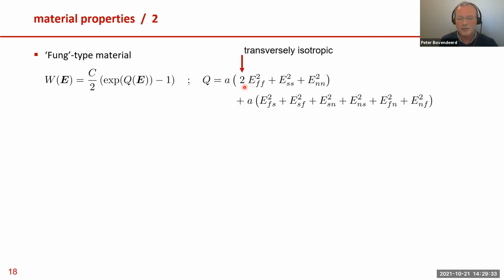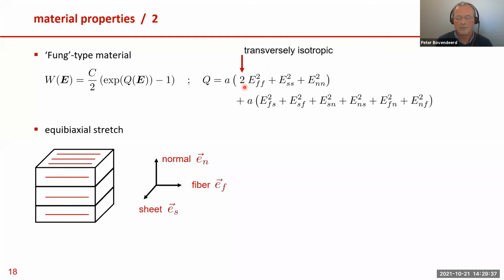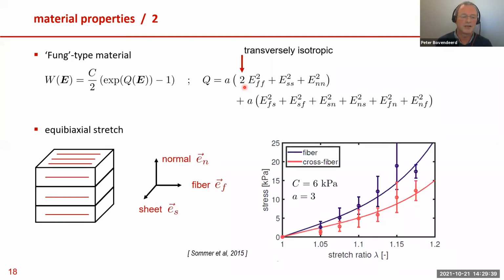Why do we use this model? Well, this model can quite well reproduce experimental data. So here you see data from summer 2015. Here you see biaxial stretch experiments. They took a piece of tissue and stretched it along the fiber and perpendicular to the fiber by the same amount. And as you can see, with these parameter settings in our model, we can quite well reproduce the